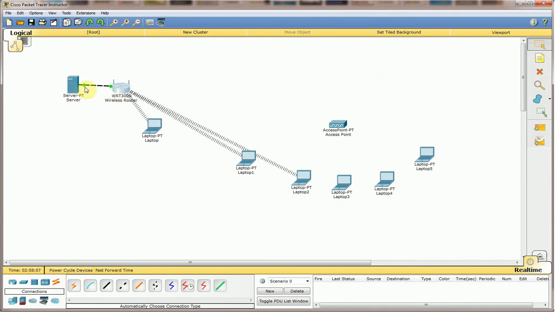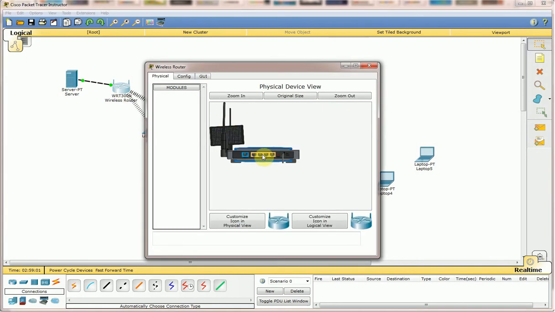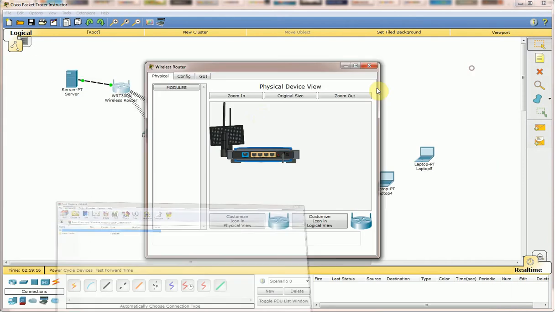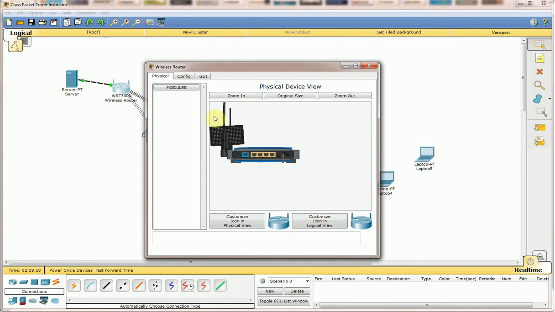I am connecting this. If we look into the wireless router, it has two portions. One is called internet. It has 5 Ethernet ports. This Ethernet port gets connected to the internet, and this particular Ethernet port gets connected to the LAN.